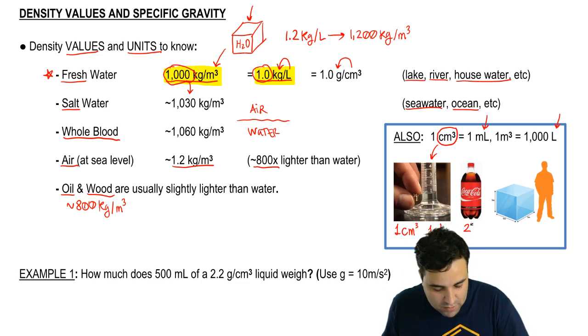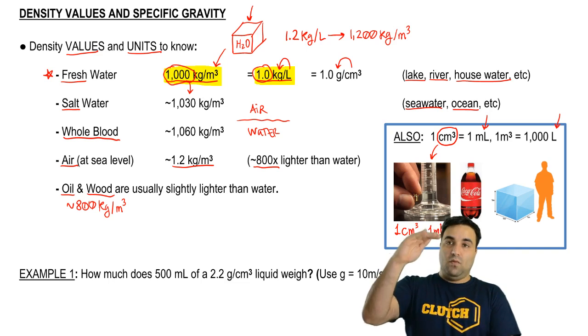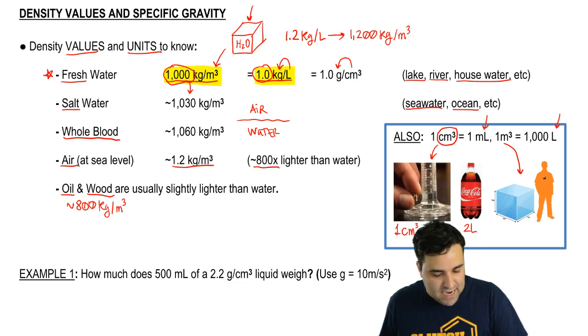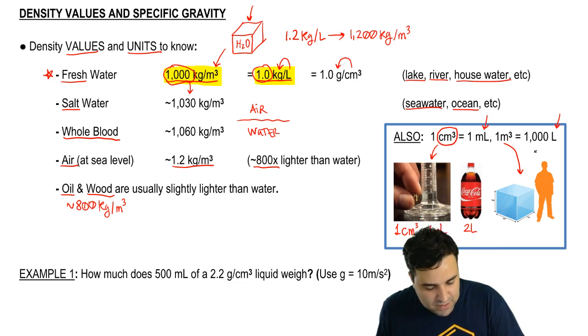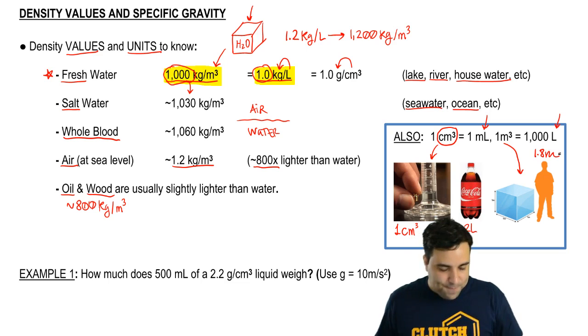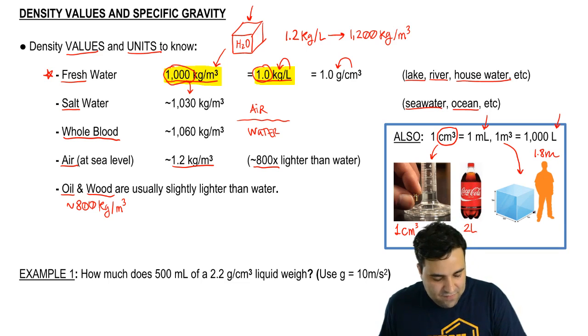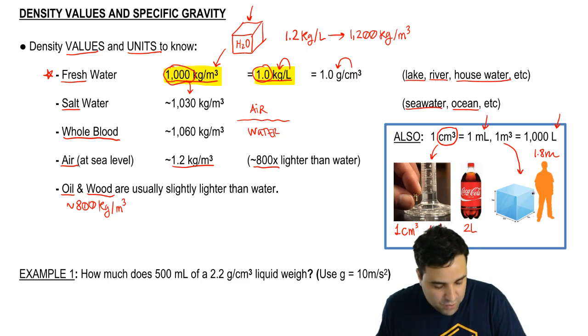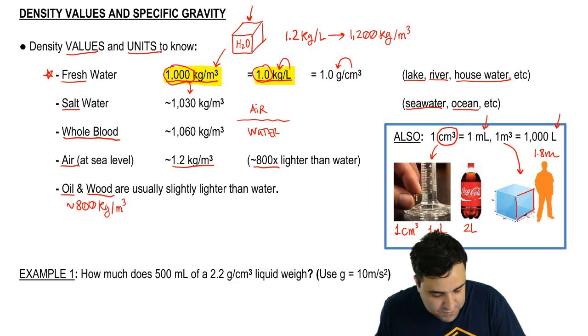2 liters of water is your big water bottles, right? And this is what 1 cubic meter looks like. So here's a dude, the average person is probably, I don't know, 1.8 meters, right? So a 1 cubic meter box would be about halfway up to where you are, and it would be just a big box here, and this would have 1,000 liters